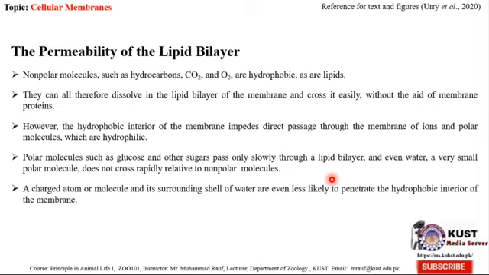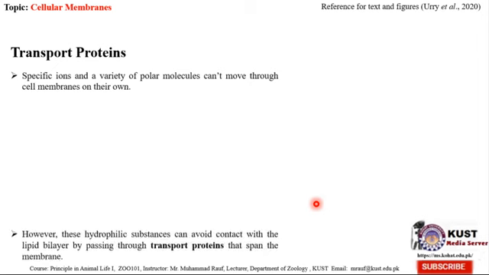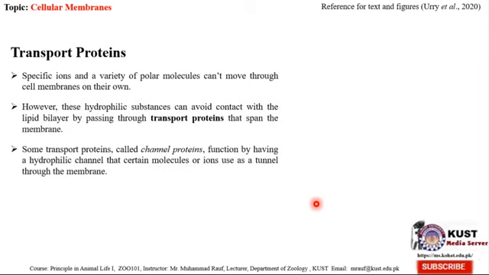We have the GLUT channel for the movement of glucose molecules into the cell. Then we have aquaporins for the movement of water molecules into the cell. Then we have transport proteins for the movement of sodium and potassium across the plasma membrane. Specific ions and a variety of polar molecules can't move through cell membranes on their own, so these hydrophilic molecules